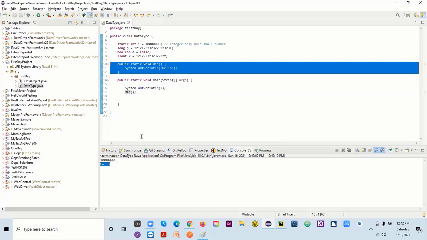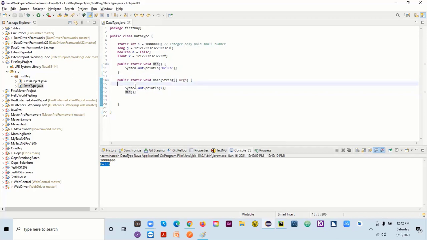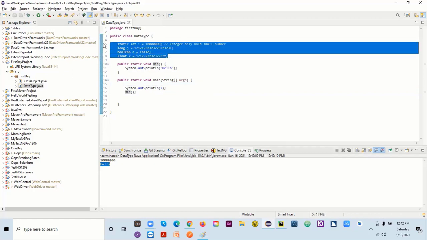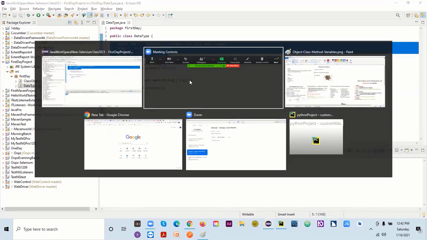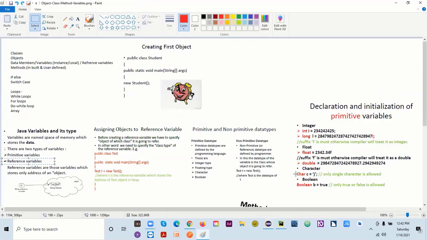Now you are clear with the primitive variable and reference variable. Whatever we create on our own will be a reference variable, and whatever we get from Java will be a primitive variable. It could be double, character, boolean, float, long, integer, all of this. All these variables have a different size; integer can handle a different amount, some are for decimals, some for true and false, and some are for long.